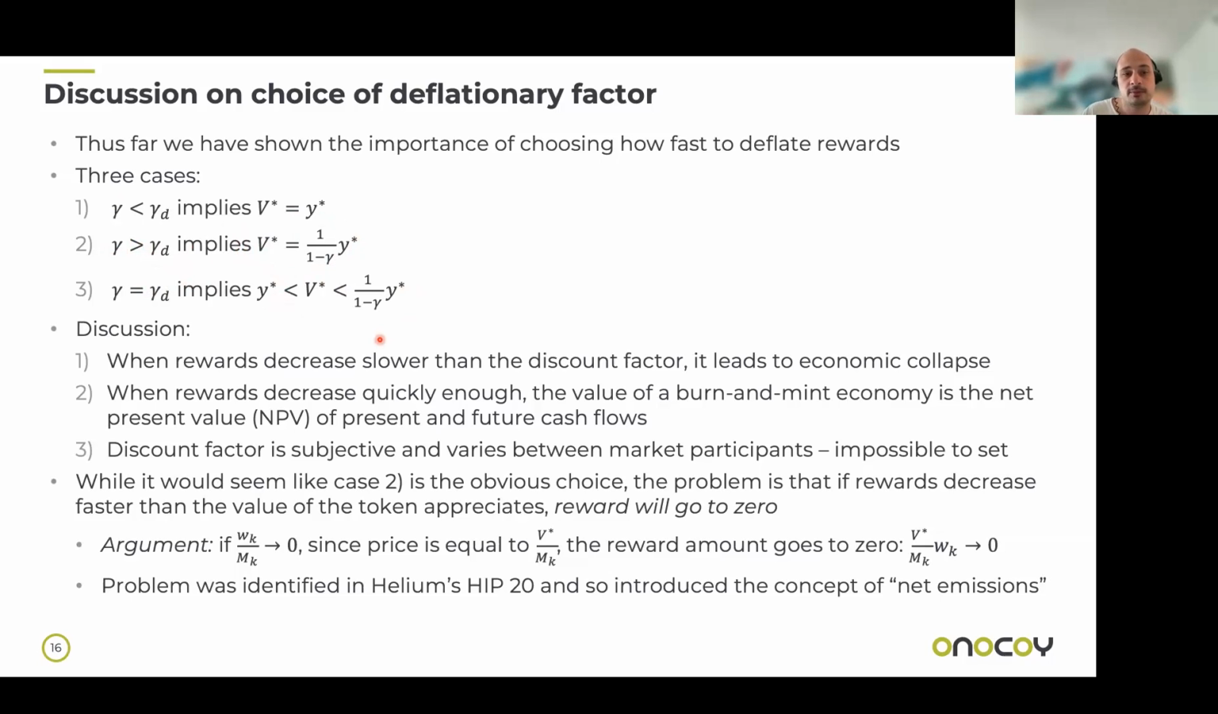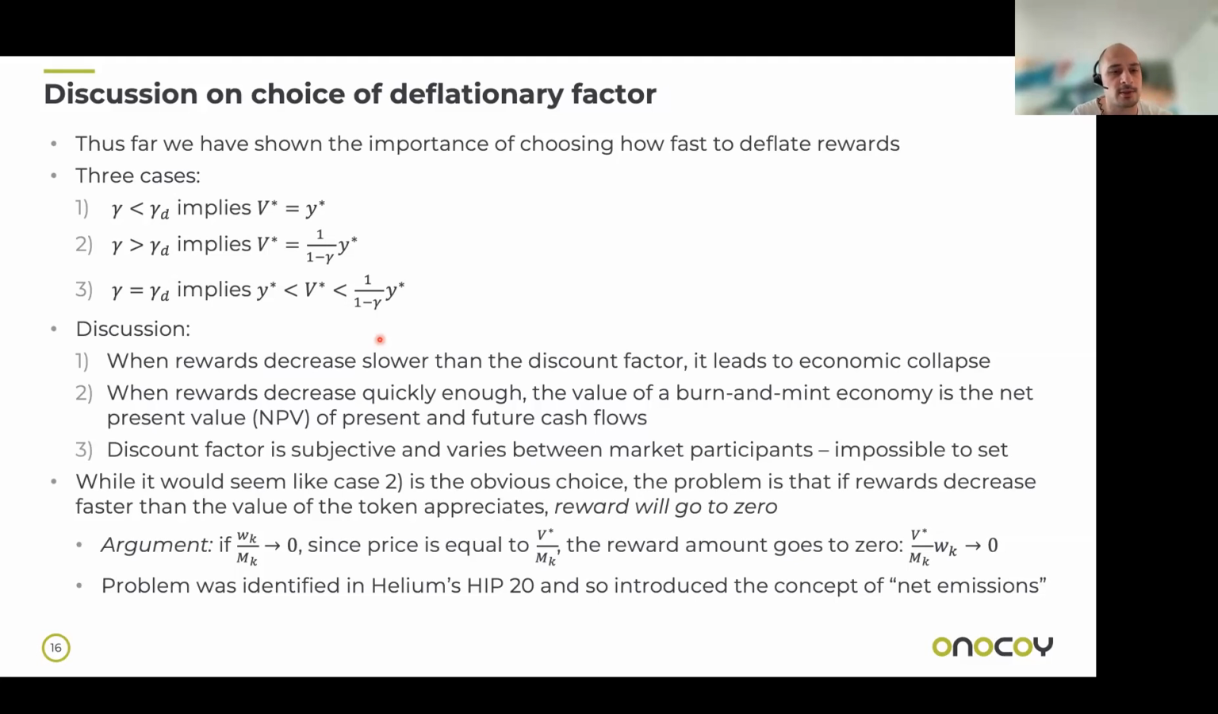So case 1, when the rewards decrease slower than the discount factor, what it means is you get economic collapse, right? Monetary collapse. And so that's, I think I've drilled that point home at this point. Case 2 is a good case. It's just basically the value of your economy is equal to the net present value of all present and future cash flows, discounted. And the case 3 now also has